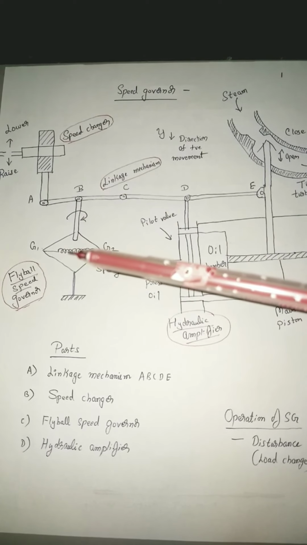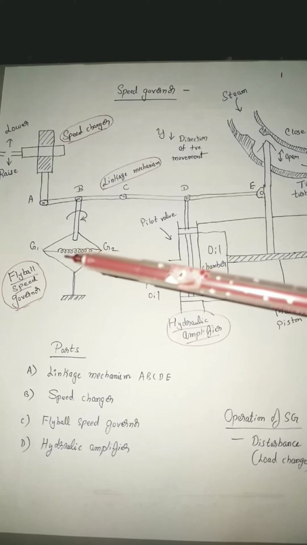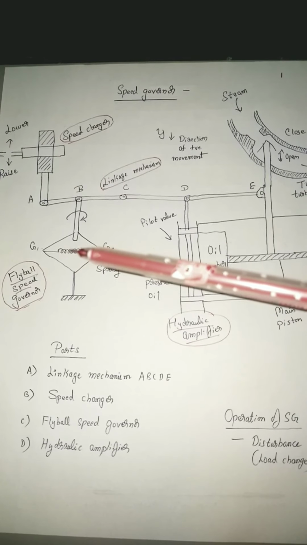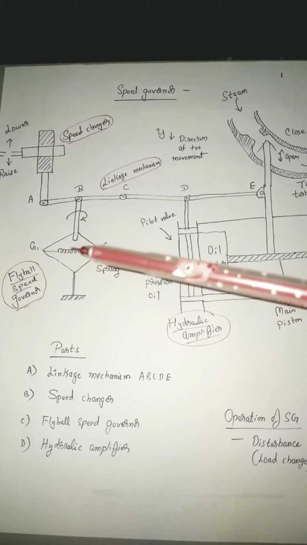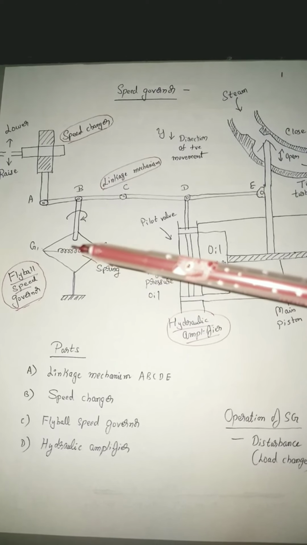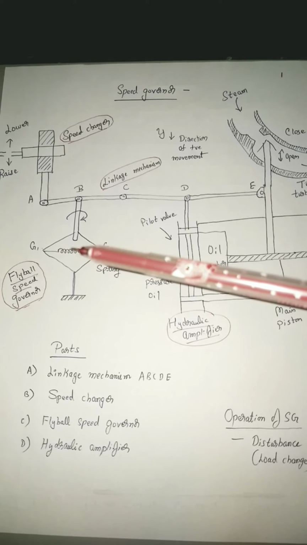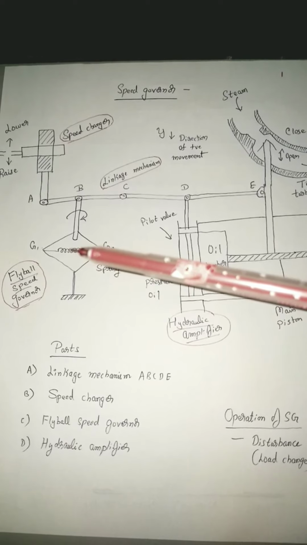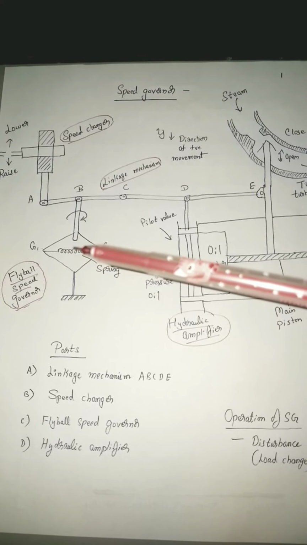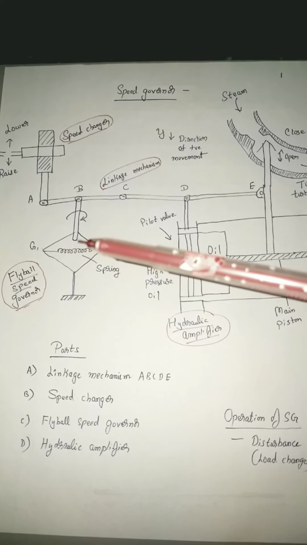So what has happened here? The speed has increased beyond the nominal value. So consequently, frequency has also increased beyond 50 Hertz. Now the next action is you have to bring back the speed to nominal speed, and also the frequency, which has crossed 50 Hertz, should come back to 50 Hertz. It has increased beyond 50, it should come back to 50. So what should happen? The speed has to be reduced.